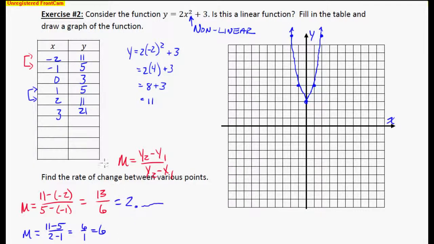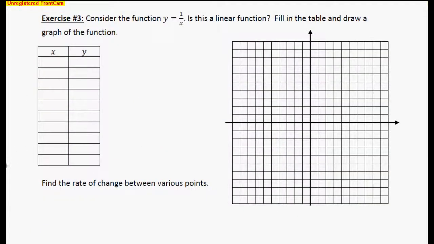All right, so let's go ahead to number 3 here. Let me get this one off of here. And it says, consider this function. Is this linear? Now, I do not see a squared or a raised to the third or anything like that. So I have my suspicions this could be a linear function, but let's check it out. All right, let's plug in some values for